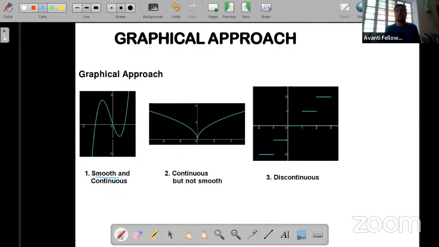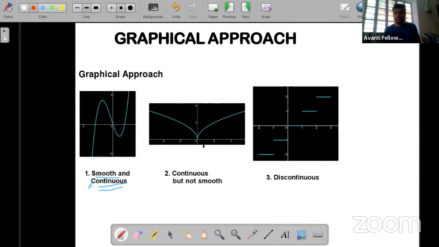Okay, so we did not lift the pen and we did not make any sudden changes, right? So the graph was smooth, and since we did not lift the pen, the graph is again continuous. No issue. Second case: here you can see when I'm drawing it from the left-hand side like this, now I suddenly change the direction of the graph.